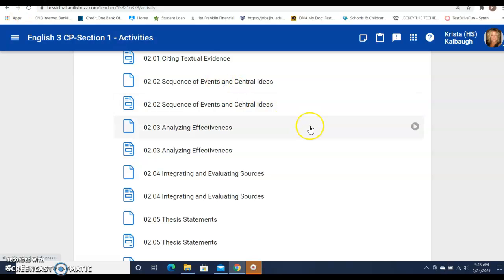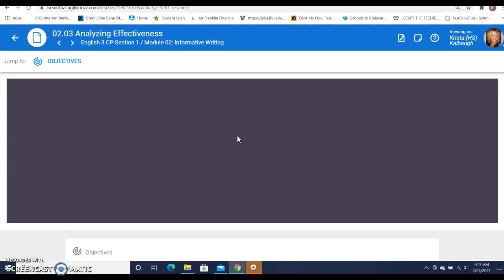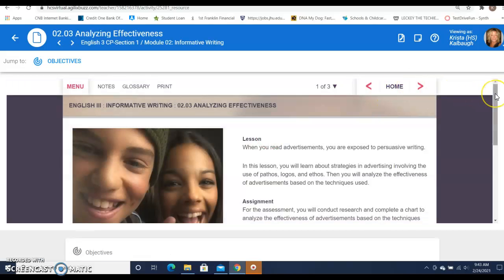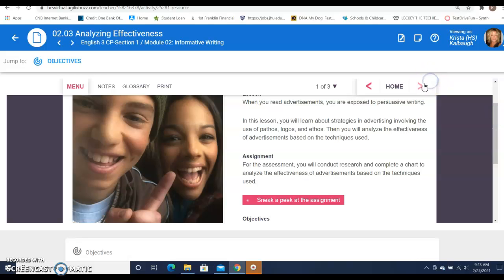All right, for this video, I'm going to show you how to access assignments, and if you want to use them on a Google Doc, a Microsoft Word, or if you're a person who likes to print them out and actually write on it and then take a picture of it and submit it, you can do that as well. So what you're going to do is you're going to go through the lesson,